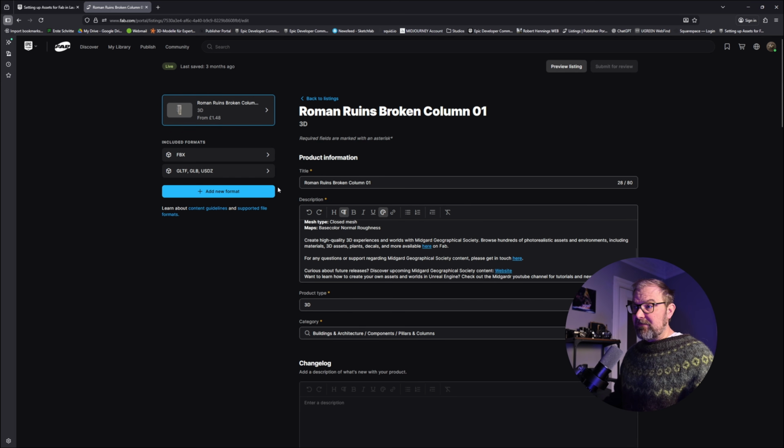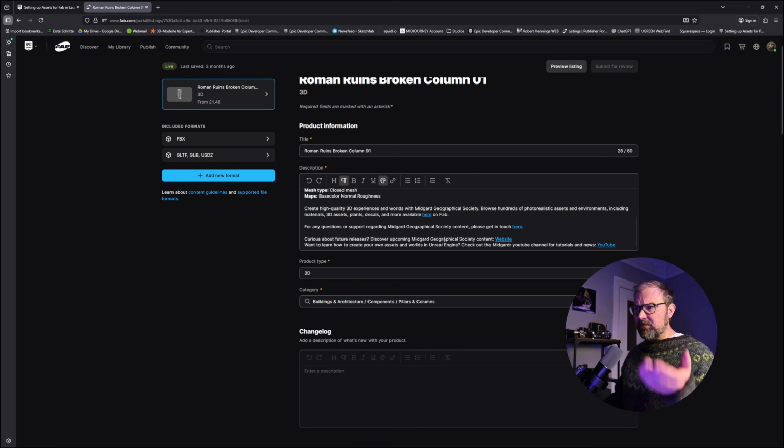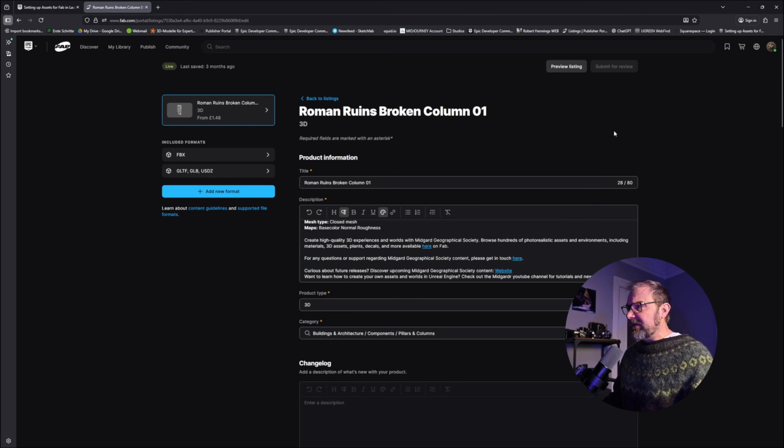Publishing an FBX is pretty straightforward. There are not really any checks and balances. I think it goes to some kind of AI or something, and they just approve it if it's not wildly incorrect. And then they rely on customers reporting it if there's something wrong, and then it gets taken down if it's some kind of AI slop or something like that. There's a lot of work to be done with that, and I hope it's going to be sorted in the future. But it is important to build trust so people know exactly what they're getting when they're getting one of these. So you have to be as transparent as possible and make it really look like there's a